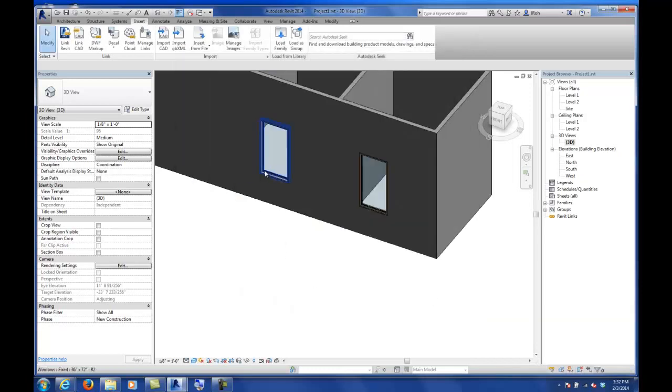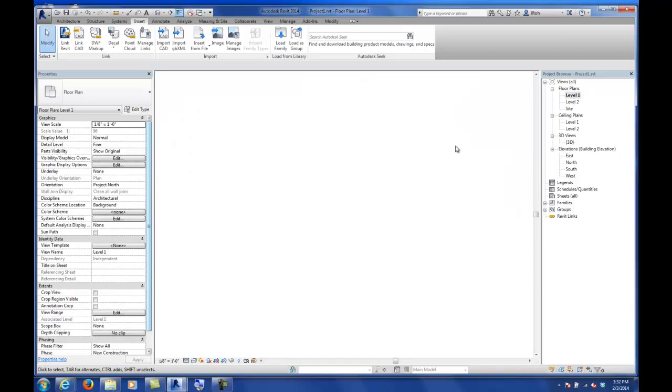So a lot of times I would not ever recommend bringing these in, but sometimes they are a placeholder for another time. What I would recommend is actually using this curtain wall assembly, because the window, again, is just going to be what you have there, or if you know a little more advanced modeling skills, you can make your own custom family component. So the curtain wall assembly works